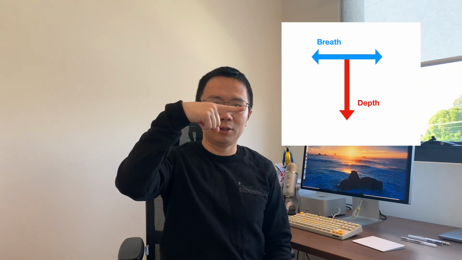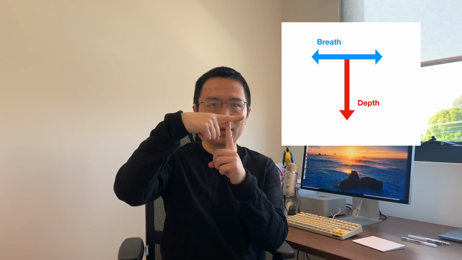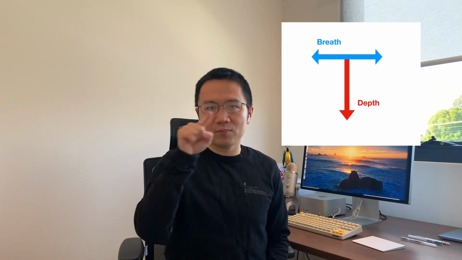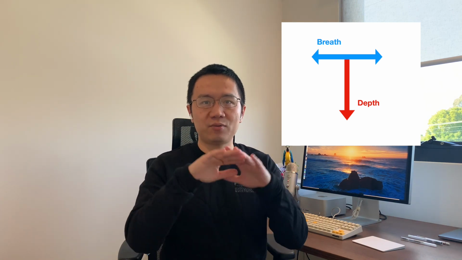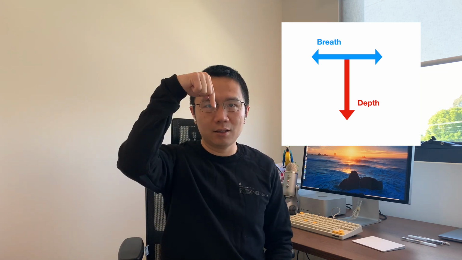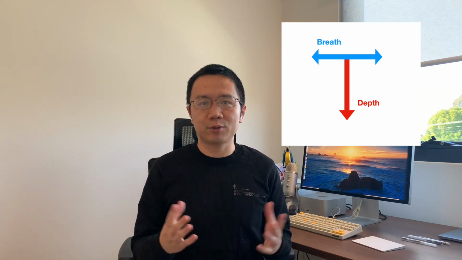Thinking of the letter T, it has a horizontal part and a vertical part. The horizontal part demonstrates the breadth of our knowledge, and the vertical part demonstrates the depth of our knowledge. For example, in the early part of our career, we start in an engineer role, and we will know maybe